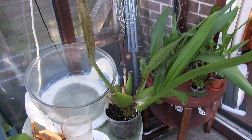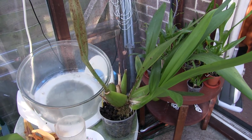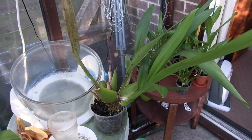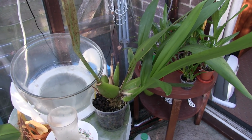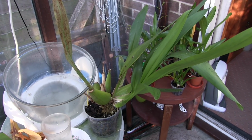I'm going to go through my notes, look at when things were last repotted, and change the colour of those that will need doing reasonably early in the year, so that they can then mature through the growing season and get their new roots into new media. Some of the Paphiopedilums will definitely be on that list. I like to repot those